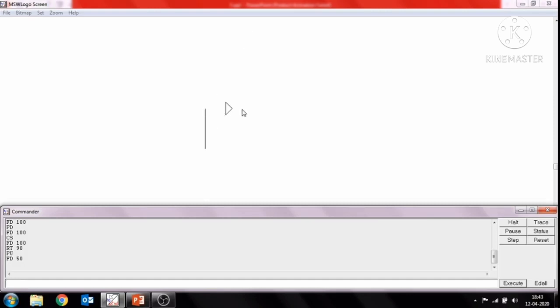So the line does not appear on the screen. Then again give RT 90. Then give the PD command. If we want the line, then give the PD command. Then forward 100. So we get parallel lines on the screen.